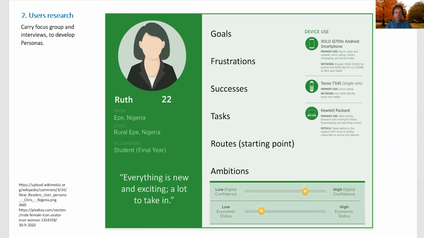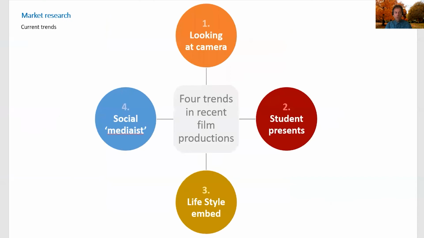The next step when you're doing your user research is to develop what we call personas. Personas, as you can see here, are a segmentation of your users. It makes it easier for you to clarify who the user is. For example, here's one user. You have the name, age, where she is coming from. Here is a quote about what she is most interested in. You can summarize her goals, frustrations, what would look like a success, what tasks would look to her like a success, and so forth.